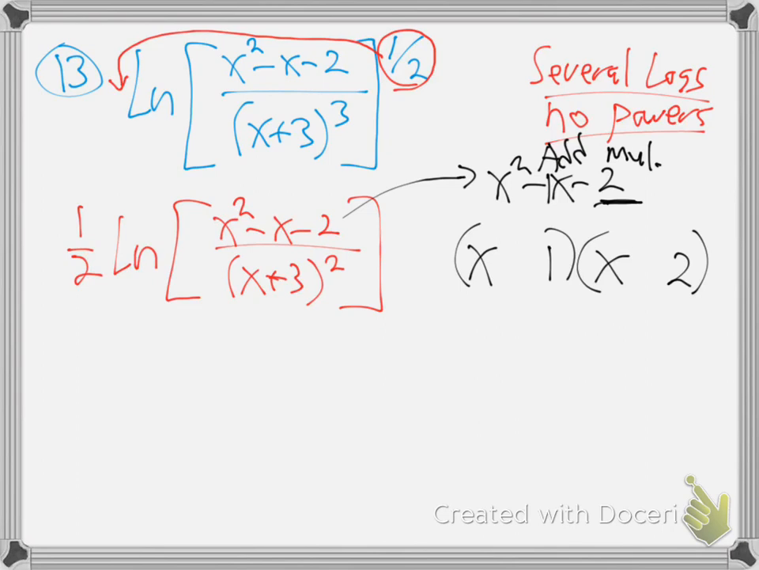1 times 2. And how can they add to be negative 1? Whatever sign is in the middle has to go on the bigger number. You with me on that? The sign in the middle goes on the bigger. So negative in the middle goes on the 2, which is bigger. Minus 2 plus 1 makes minus 1 in the middle. They multiply to be negative 2. So we factored that. So I'll put that up here. X plus 1, x minus 2. Okay, now